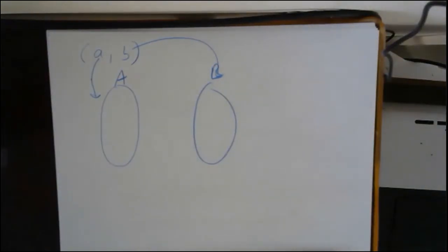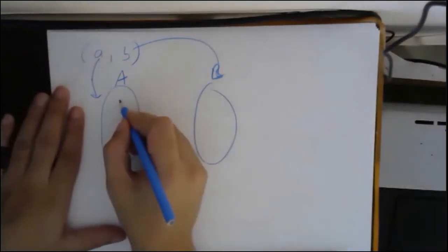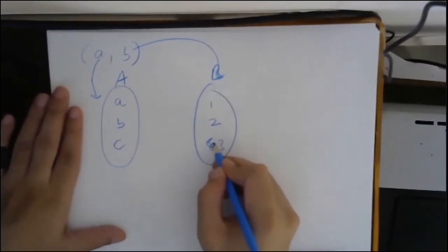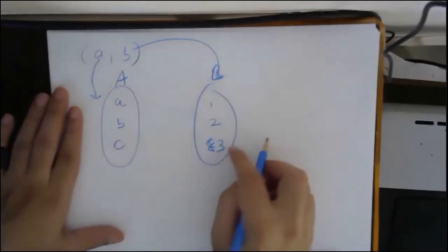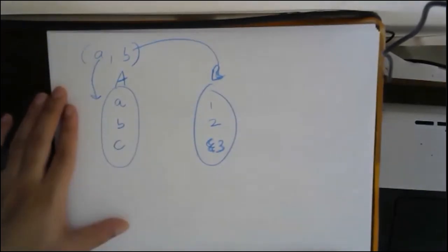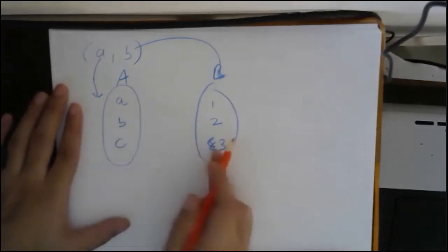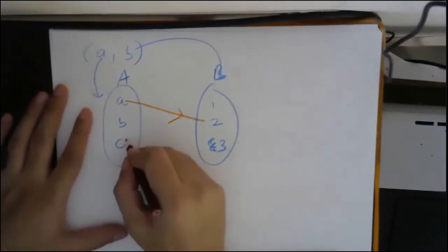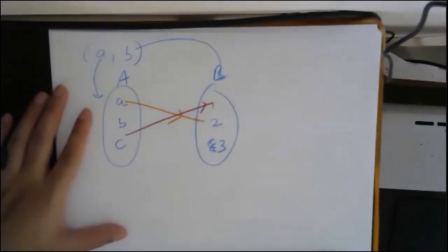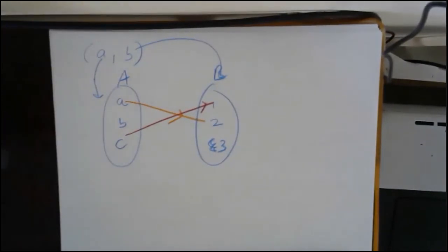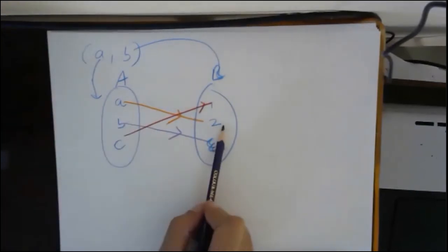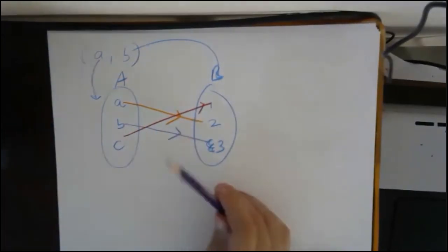We already know. Now what will happen? I will just give a name, separate names. Suppose this is A, B, and C, and this is 1, 2, and 3. Suppose there was some relation by which these elements were linked. A was linked with 2, B was linked with 3, and C was linked with 1.